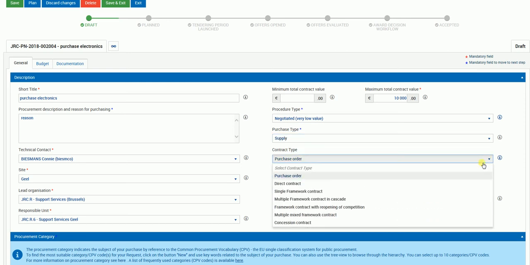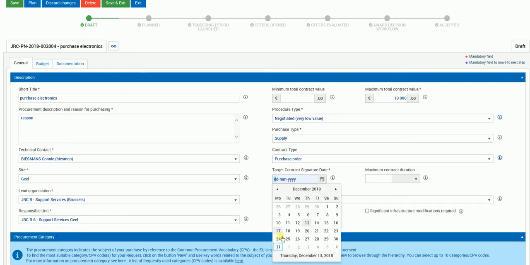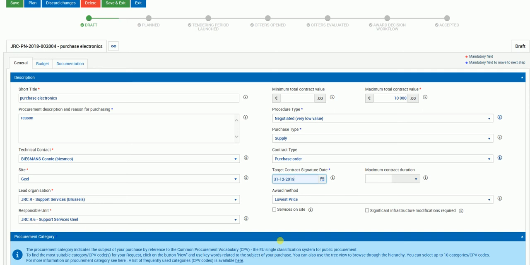Please do not put a single framework contract or any other type of contract because then PPMT will continue with the normal cycle of the request module. As a contract signature date, let's say we take the end of 2018 and maximum contract duration, let's say 1